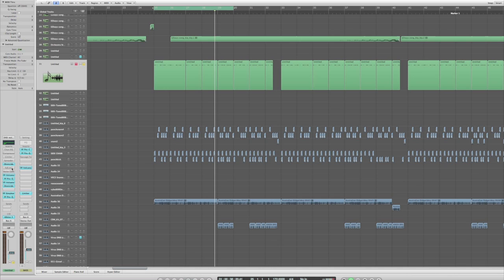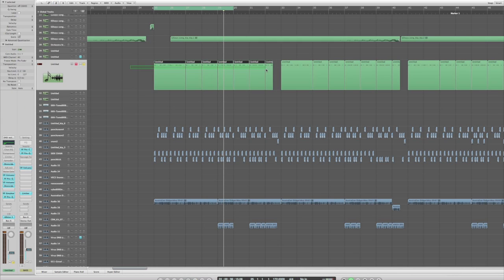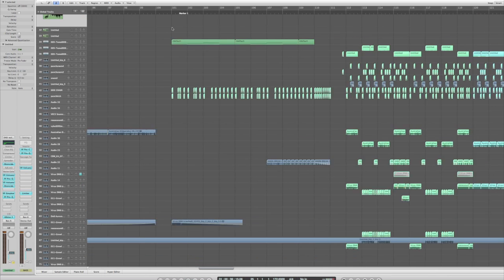Ignore this because it's bypassed. And then I basically sample it down, and then I process it. Resampling is something confusing. Not confusing, it's just